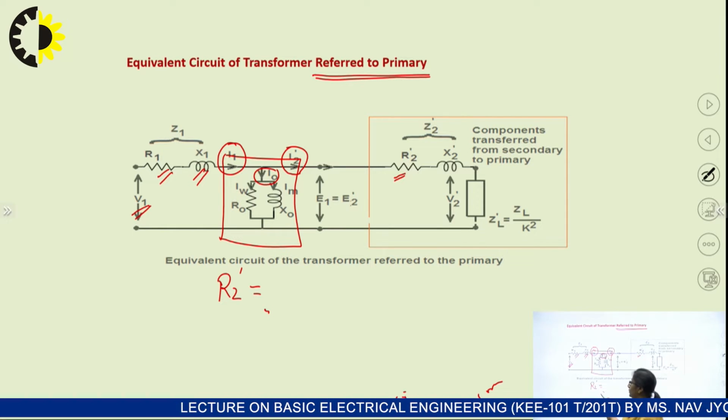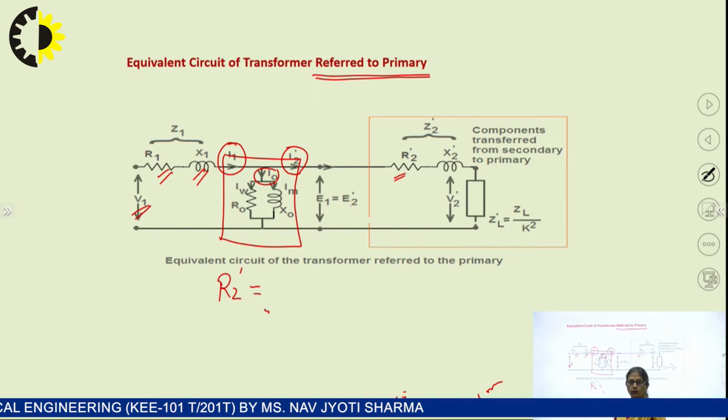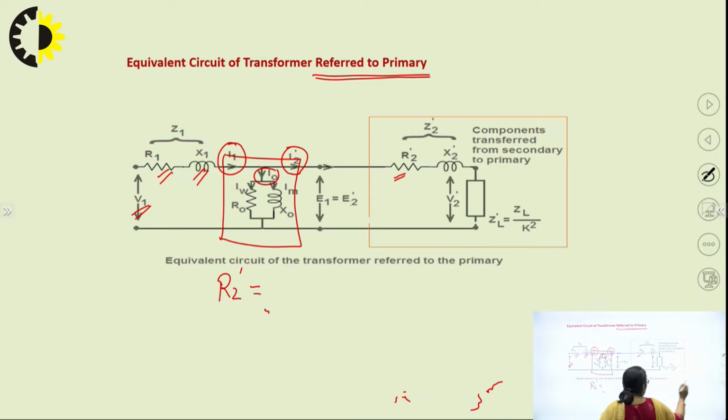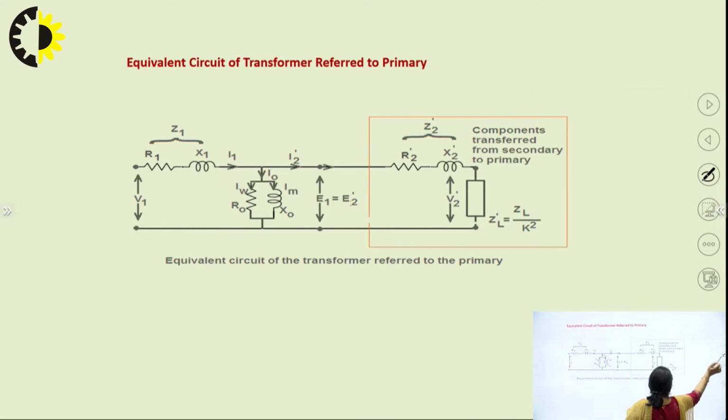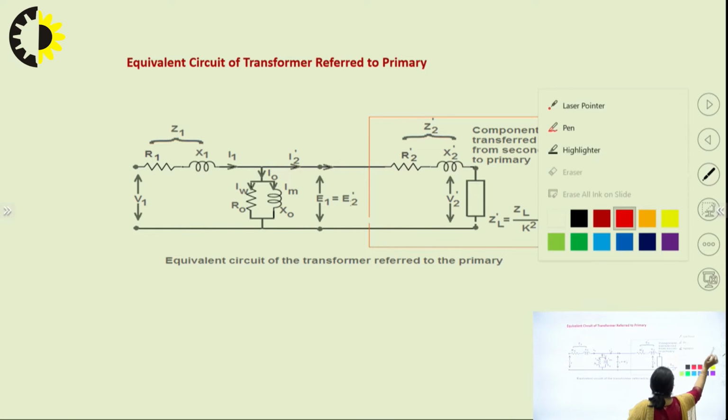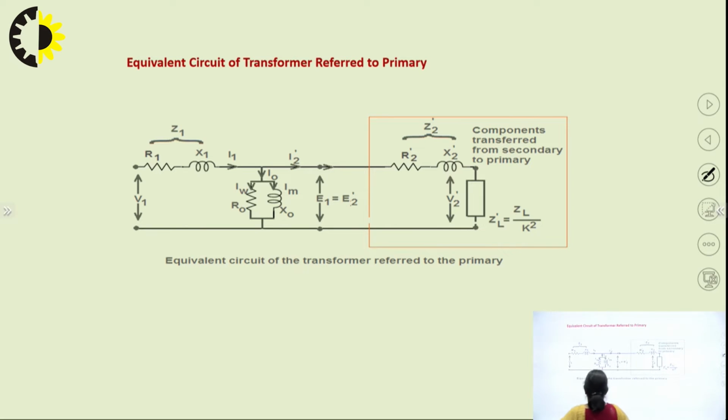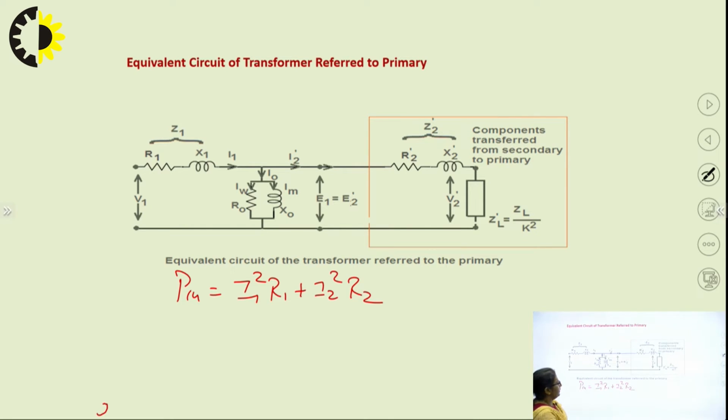What is the formulation for the total copper losses of the transformer? The total copper losses are given by I1 square R1 plus I2 square R2. Now, if I am referring the complete transformer parameters towards the primary side, that means the input current to the transformer is only I1. I am taking it outside, so that is making me R1 plus